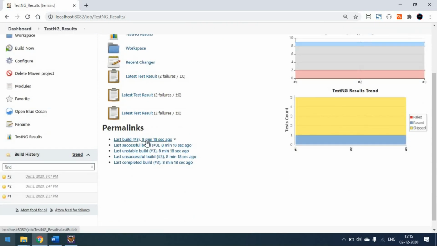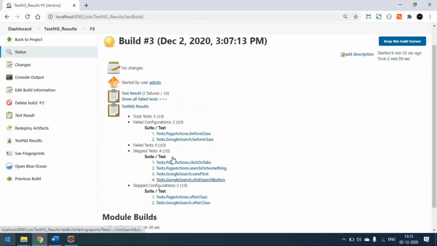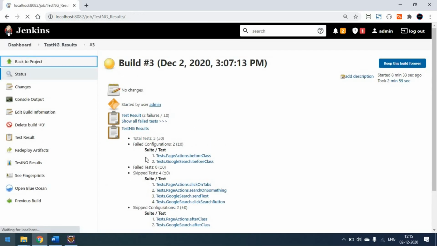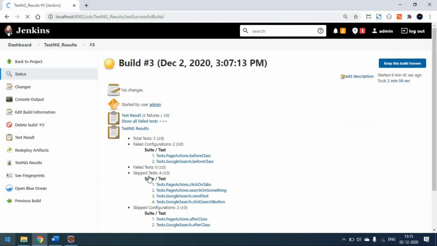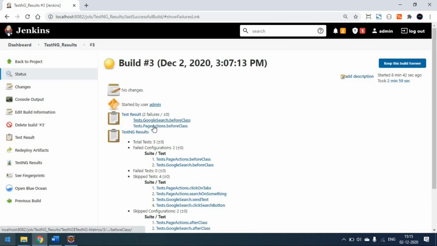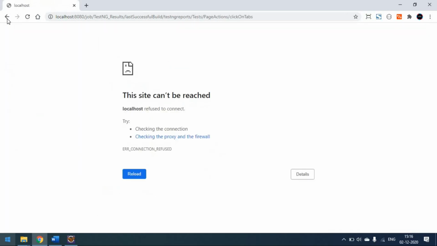You can see this last build details. So what are the failures and all, so all failed test cases and the TestNG results. This is test results, right? So you can select any test if you want to get in more details.